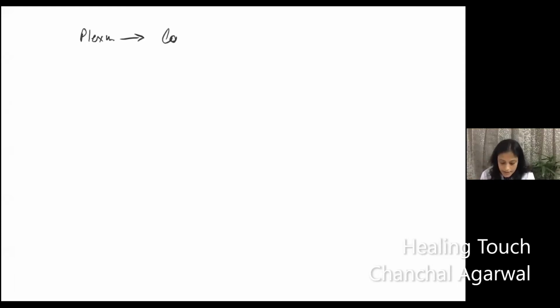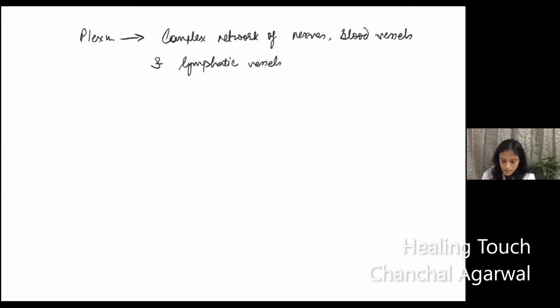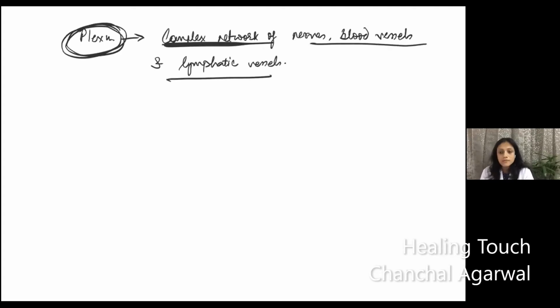Actually, it is a complex network of nerves, blood vessels, and lymphatic vessels. These three things together form the plexus. Nerves, blood vessels, and also the lymphatic vessels. All the three are congregated, joined together in these areas. And under plexus, you will understand that there are major plexus in the body, which is number one,